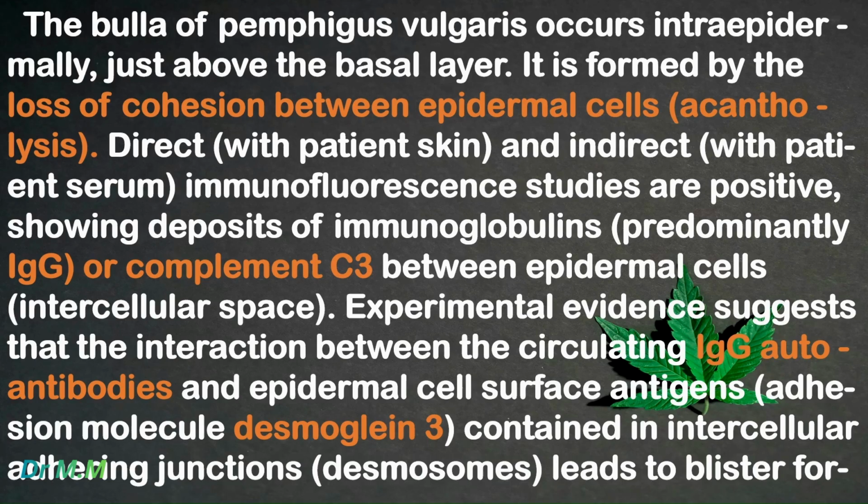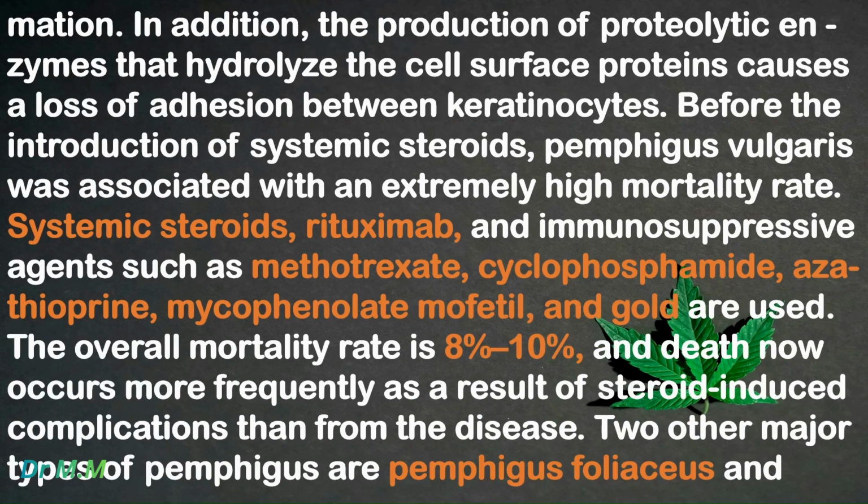space. Experimental evidence suggests that the interaction between the circulating IgG autoantibodies and epidermal cell surface antigens, adhesion molecule desmoglein 3 contained in intercellular adhering junctions or desmosomes leads to blister formation. In addition, the production of proteolytic enzymes that hydrolyze the cell surface proteins causes a loss of adhesion between